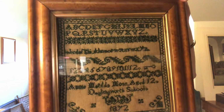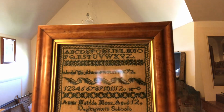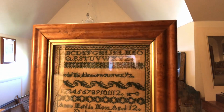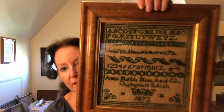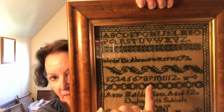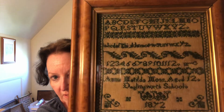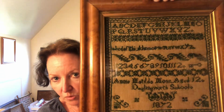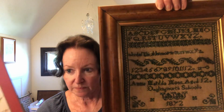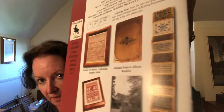It's done in greens and beautiful sampler. What was striking to me was while I was graphing and charting the Amelia Fox sampler, I realized that the exact same motifs appear in Annie. And I know from my research that Annie did not attend the Bristol orphanage. She attended very clearly the Daglingworth School. So doing further research, I discovered that the Daglingworth School is only 40 miles from Bristol,